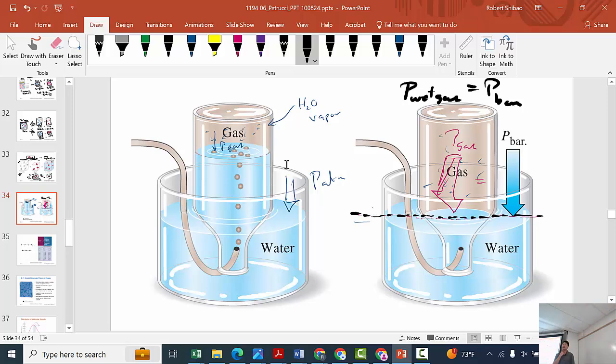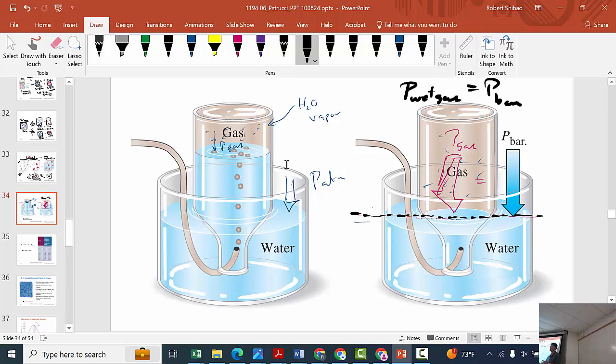And what's easier, as it turns out, is to do it by pressure fraction. Because the way that saturation works, let's say you go into an indoor swimming pool. When you go into an indoor swimming pool, it's really humid inside, right? Because the air inside there is going to saturate with water vapor. But what if the room is bigger? If the room is bigger, then more water will evaporate to saturate the air. But will that change the pressure fraction? No, the volume fraction and the pressure fraction are going to be the same. So the pressure fraction is going to be the easiest for this because the pressure fraction doesn't depend on the